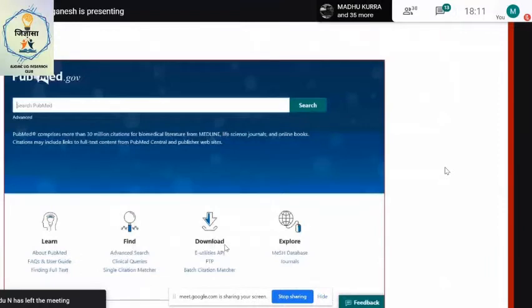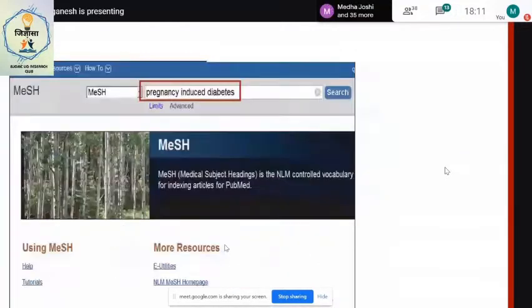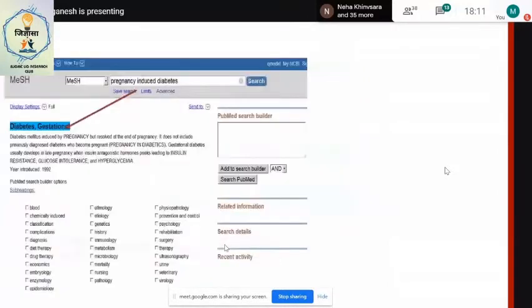Where is the thesaurus? This is the PubMed homepage. If you scroll a little, you will see on the right side, as you view the page, MESH database. Click this link. You leave PubMed and you're in the MESH database. So I'm demonstrating a term, pregnancy-induced diabetes. If I want literature on this, I type it in, I click search. I'm told the term is diabetes gestational or gestational diabetes.